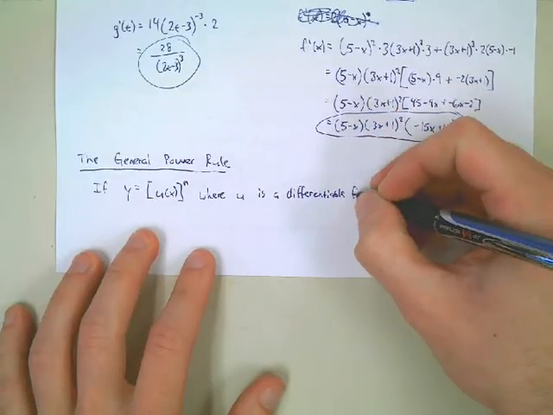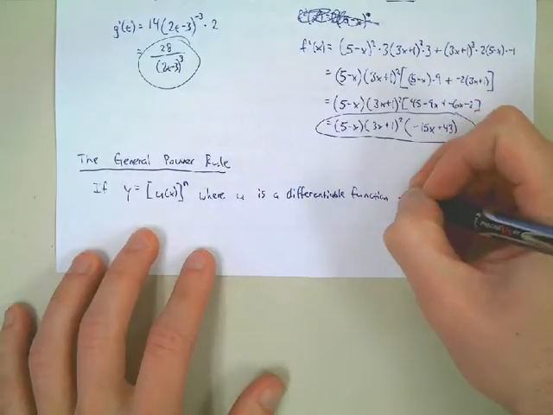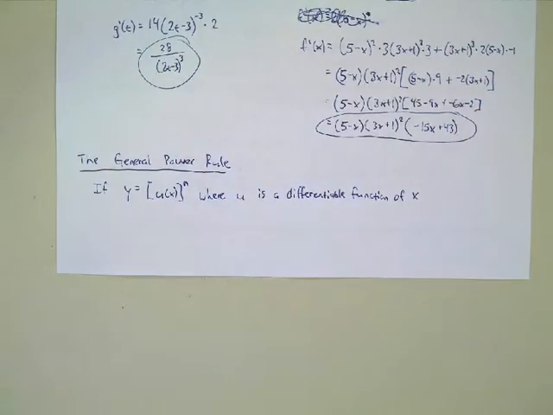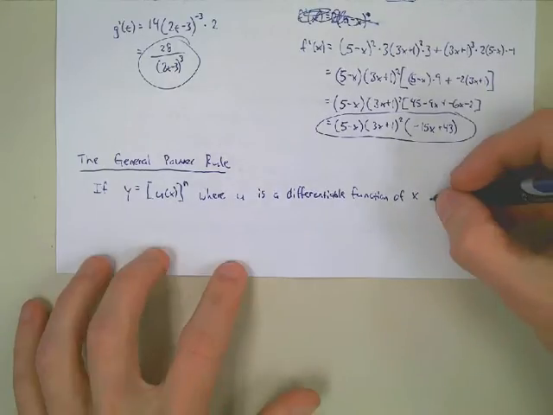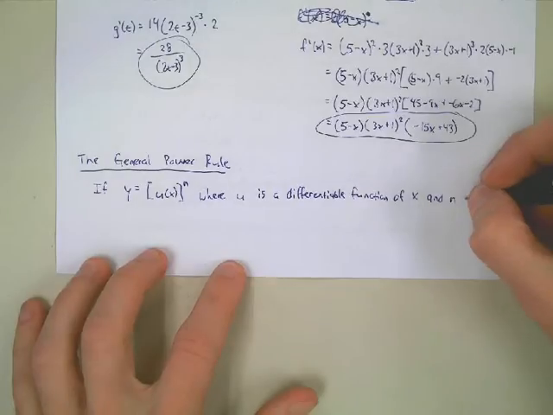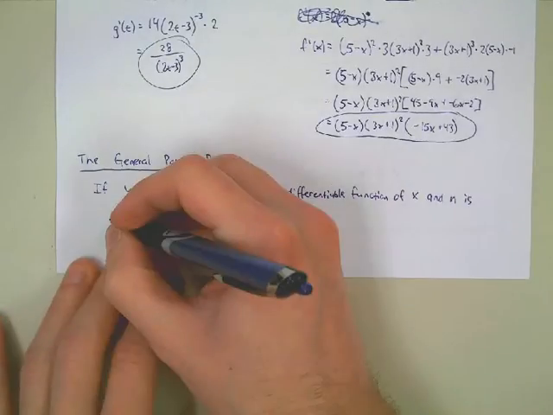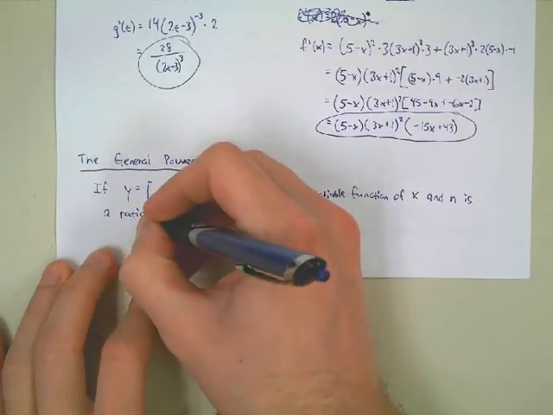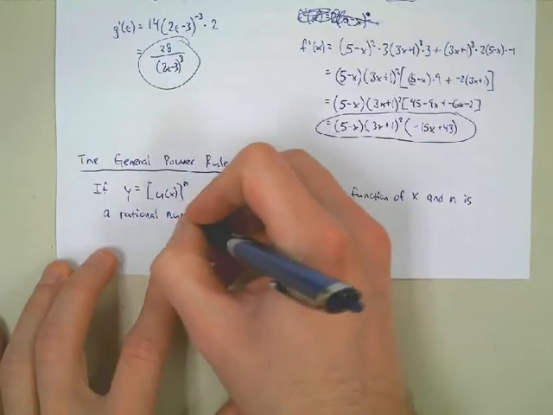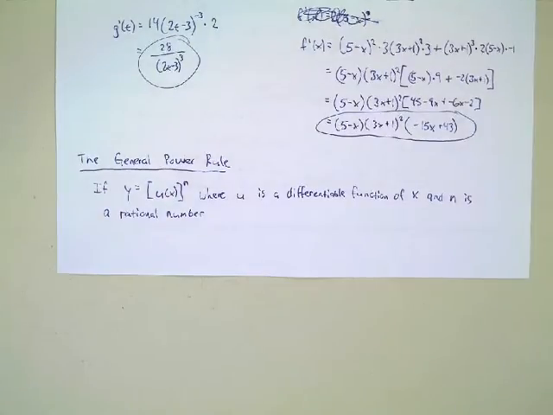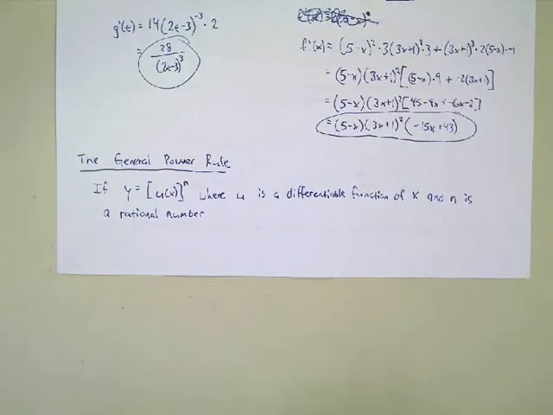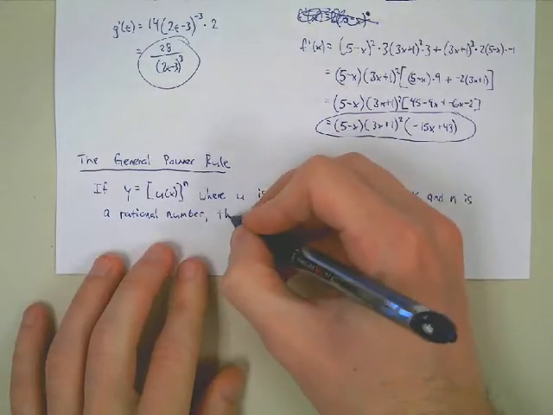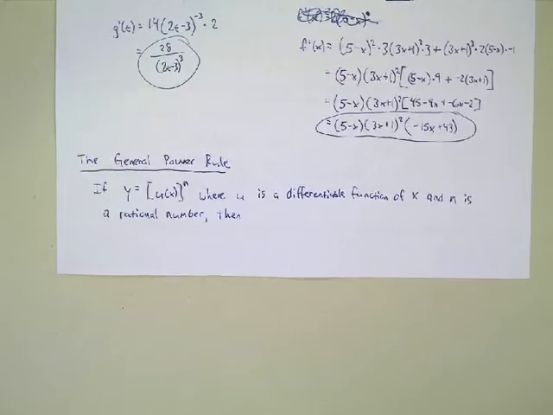Obviously, we have to state that u is differentiable. If u is not differentiable, then we can't take the derivative of it, so we're stopped there in the first place, right? So that's why we have to state that u is differentiable. And n is a rational number. So n can be a fraction now, right? Rational number, which we've already seen. Then the derivative with respect to x of u to the n